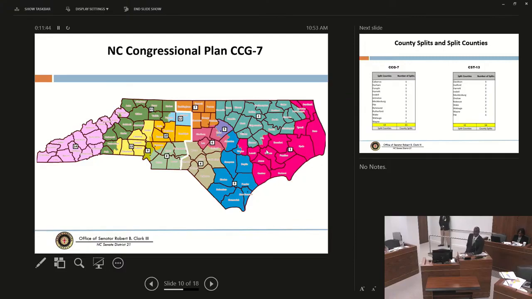The people in the Sandhills, they're tired of being split as population fodder for other districts. So that is why that was done. Now, I also forgot to mention, we also have communities of interest with Harnett County. As you're leaving Spring Lake on 211, heading into Harnett County, you'll see a large presence of military families. As a matter of fact, they even have military housing up there in that area. A lot of military move into the houses up there, and the businesses cater to veterans, active duty, retirees, so there's a significant community of interest attached to Harnett County as well.